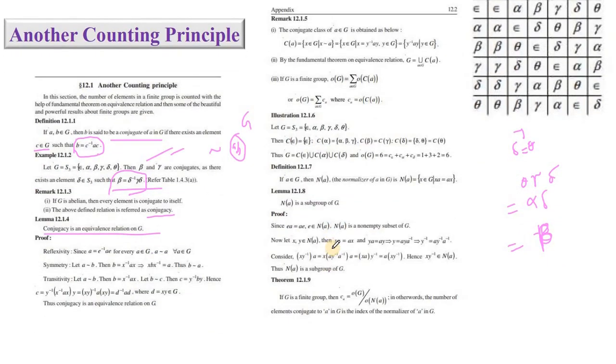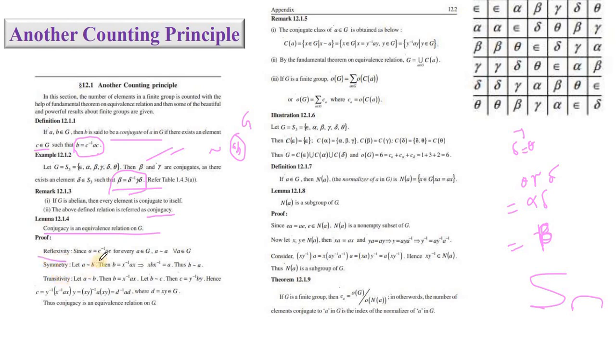But at the end of the section we will see that we can easily compute which elements are conjugate to each other. Instead of going by this roundabout method, there is an easy method that is applicable only in S_n. That result holds only in S_n, which we will see at the end of this section. So conjugacy is an equivalence relation is the first lemma.